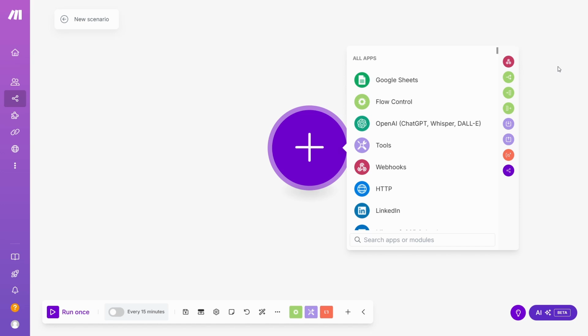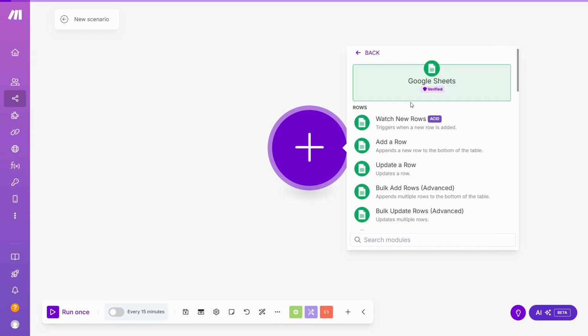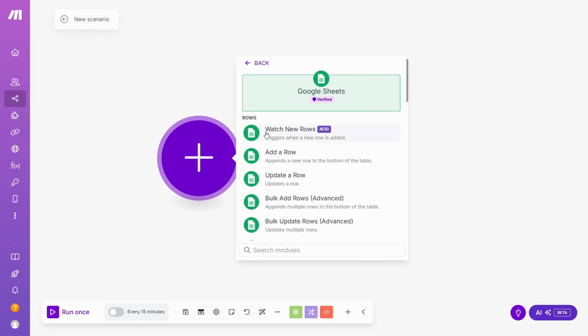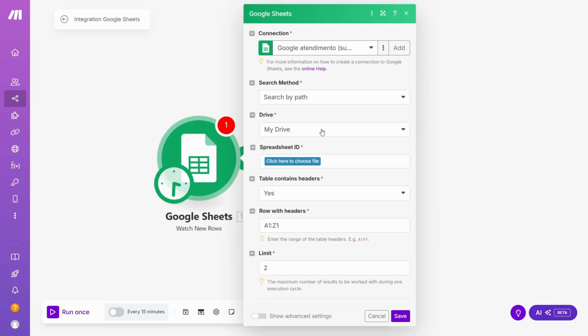Every scenario starts with a trigger, so let's add one now. A trigger is what kicks off your automation. For example, if you want to send a message every time someone fills out a Google form, the form submission would be your trigger. Let's say we want our scenario to run whenever a new row is added to a